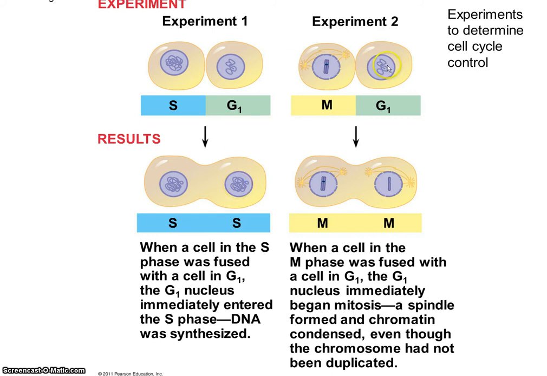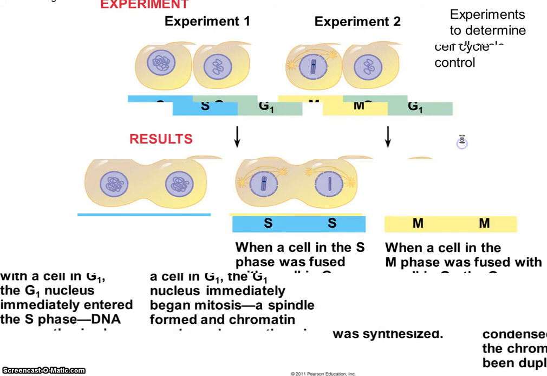And they did a second experiment where they took a cell again in G1 and fused it with a cell that was in mitosis. And as soon as those two were connected, the cell in G1 immediately started to undergo mitosis, even though that cell had never even been through S. You'll notice it doesn't even have an X-shaped chromosome, so technically it can't even properly go through mitosis. The idea is that they discovered there were some kind of chemical signals in the cytoplasm of a dividing cell or a cell in S that stimulate the chromosomes to enter the next phase. And so that's what this experiment was showing.